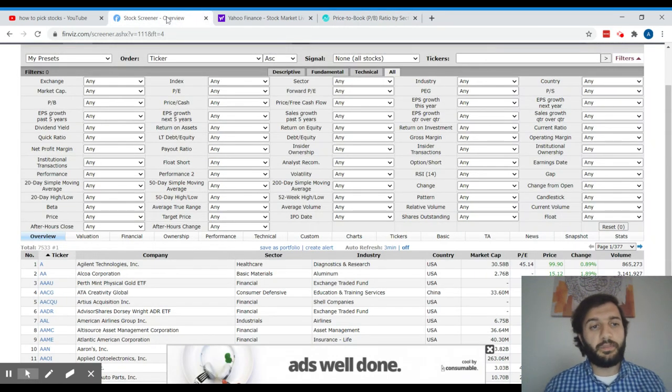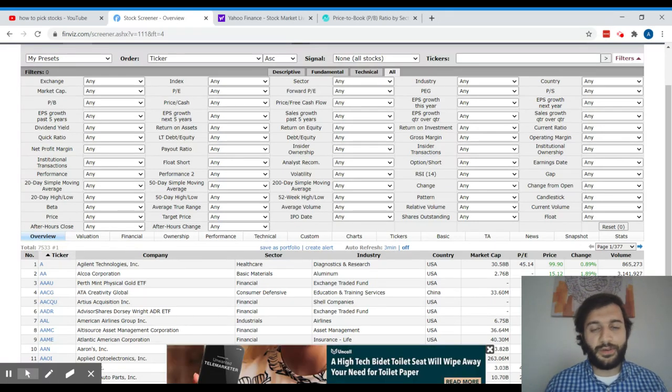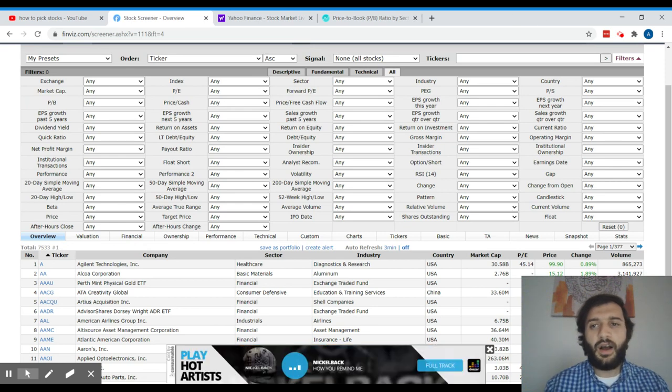So this is probably one of the most important metrics for a value investor, price to book, to be able to see if you're getting a stock under market value or if you're paying a premium to be able to get the stock. So this is the first of many lessons. So make sure to use price to book in your toolkit and stay tuned for additional videos with regards to tools and metrics to use